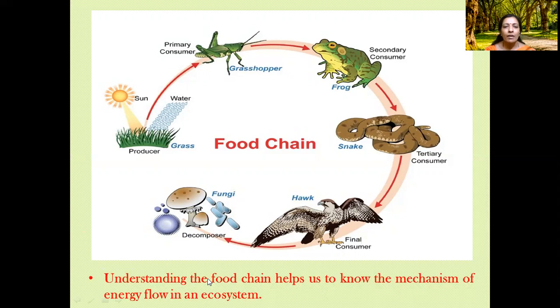After all these different trophic levels, you have the decomposers, that is the fungi and bacteria, who decompose all these different dead living organisms and wastes and convert them into nutrients. These nutrients become a part of the soil, and then plants again use these nutrients from the soil to prepare food. This is how the food chain gets completed. So dear students, I am sure you may now have got a clear idea about what is a food chain.